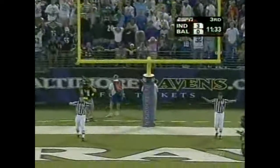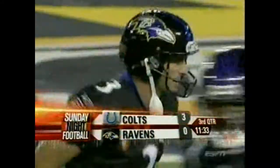And then it hooks wide left. Same exact spot he missed the last one at. So the reliable 16-year veteran has missed twice. It's still 3-0